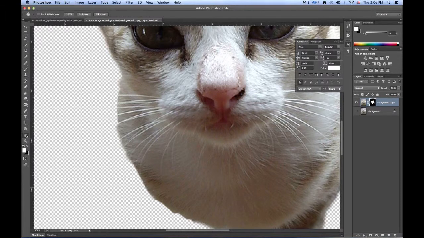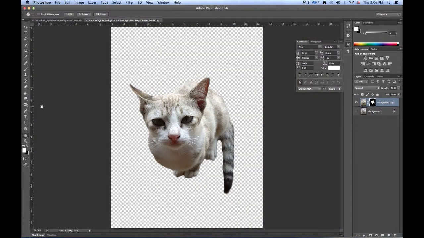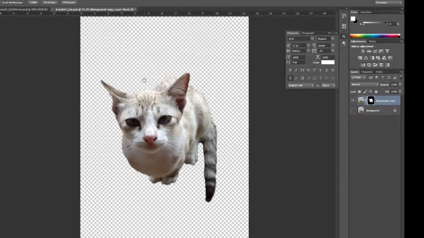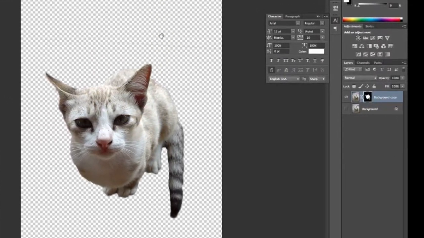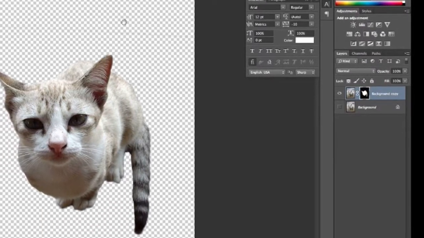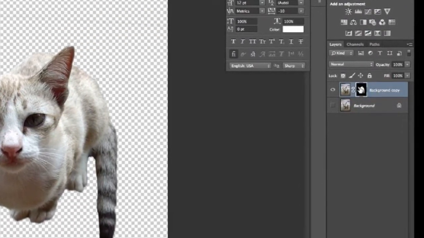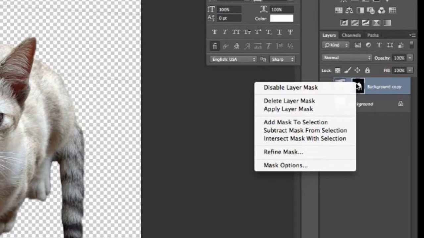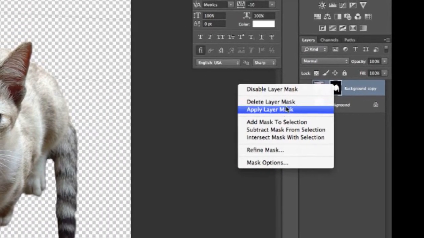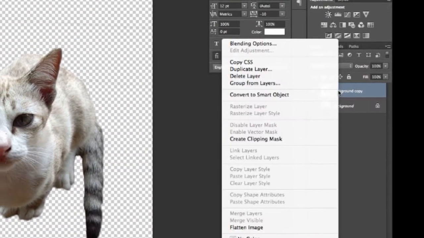Okay, I think that looks fairly reasonable. So now that we've got this, we can apply the mask,